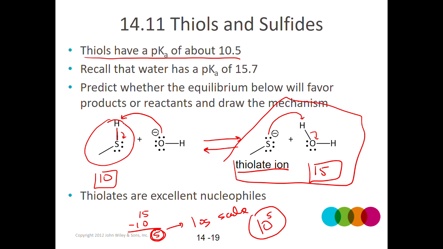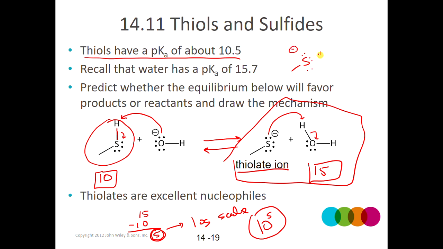So the thiol, once it's deprotonated and creates a negative charge, is not very good at picking up a proton, because when it does, it produces an acid that's got a relatively low pKa, especially compared to water, and so it'll just shift back. Now, if I have a sulfide